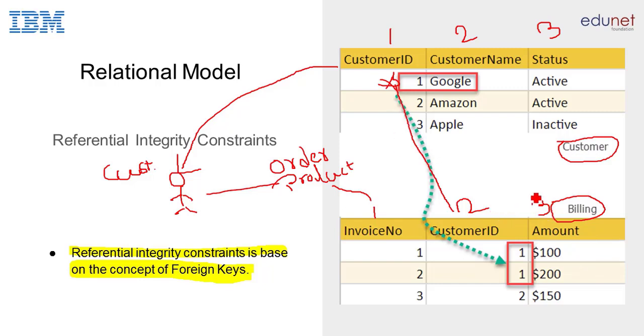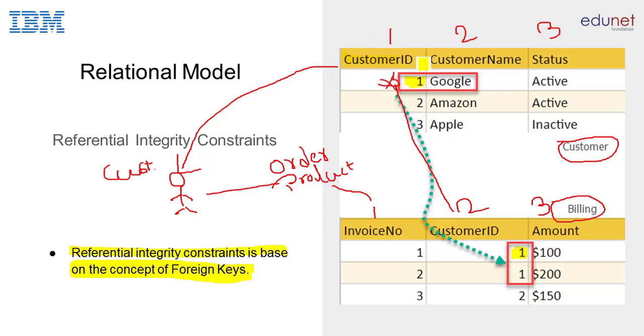Suppose the billing table needs to create a particular bill; at that time the billing table refers to the customer ID. The billing table refers to the customer ID. This is called a foreign key.